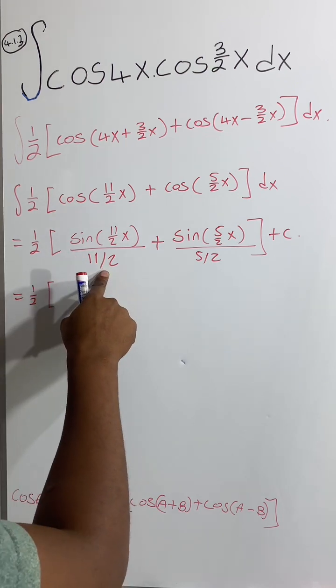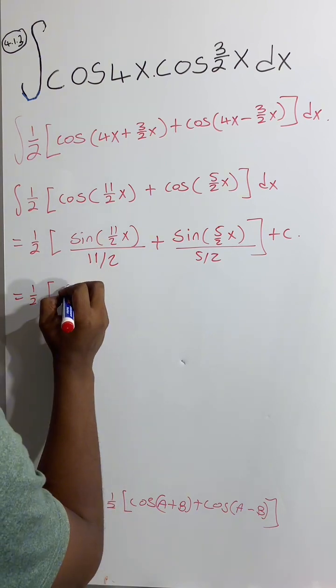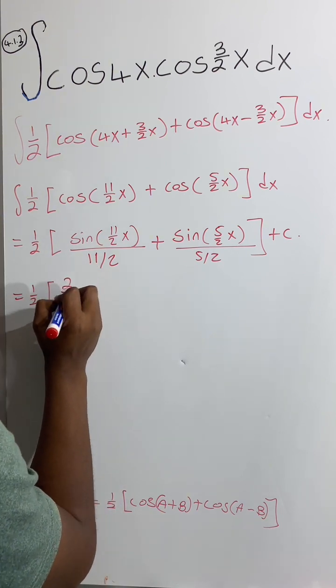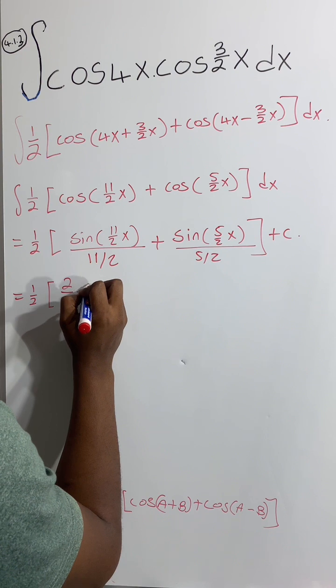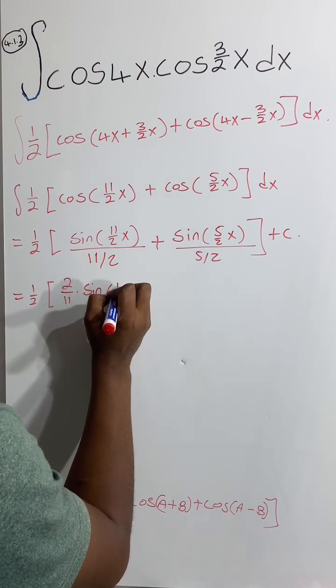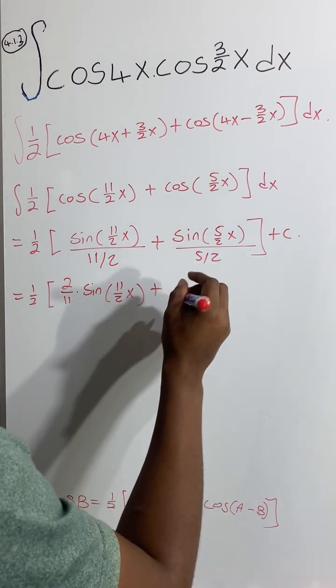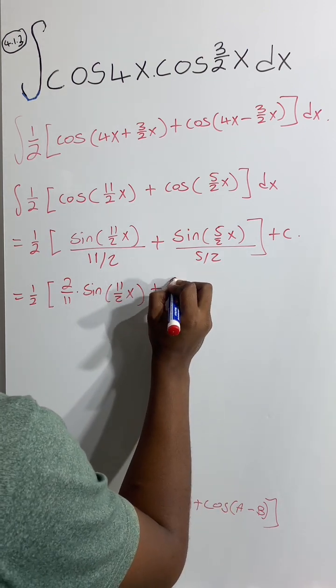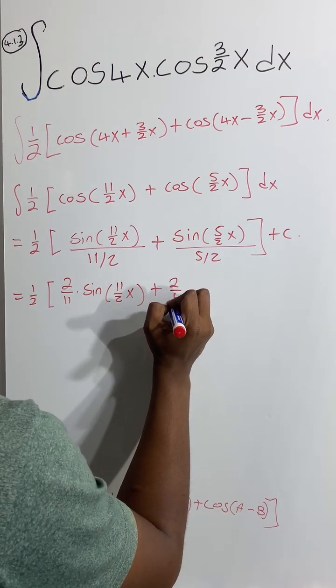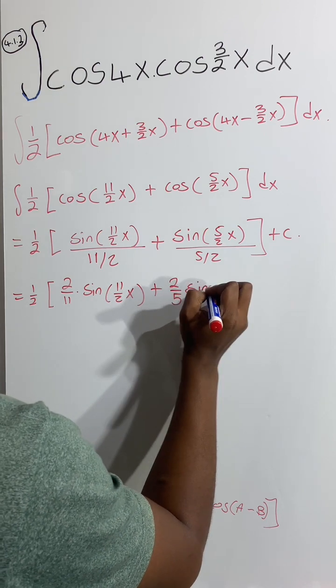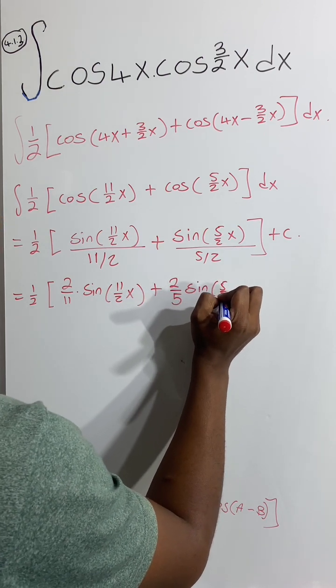This denominator 11 over 2 can be expressed as 2 over 11 multiplied by sine of 11 over 2x, and that denominator as well can be expressed as 2 over 5 sine of 5 over 2x